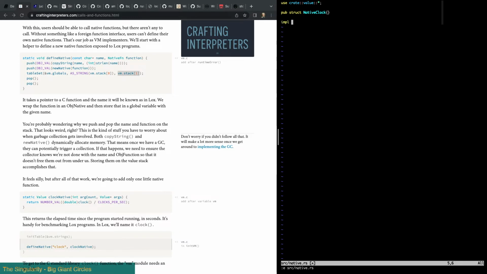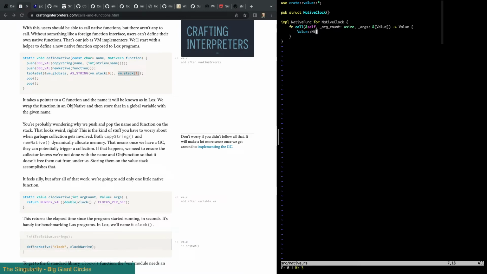All we're going to do is implement NativeFunc for NativeClock, and all we need to implement for that is the call function, which takes self, arg count, usize, and args, which is a slice of value. Actually, we don't need either one of those because all we're going to do is return the current time. Returns a value. Let's just say value number or value nil for now.